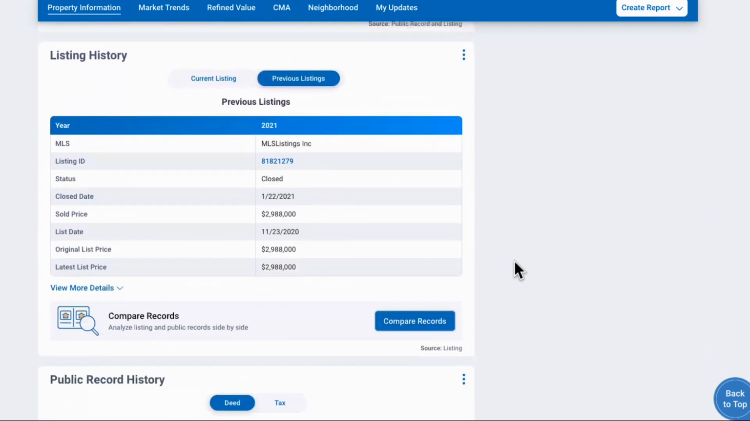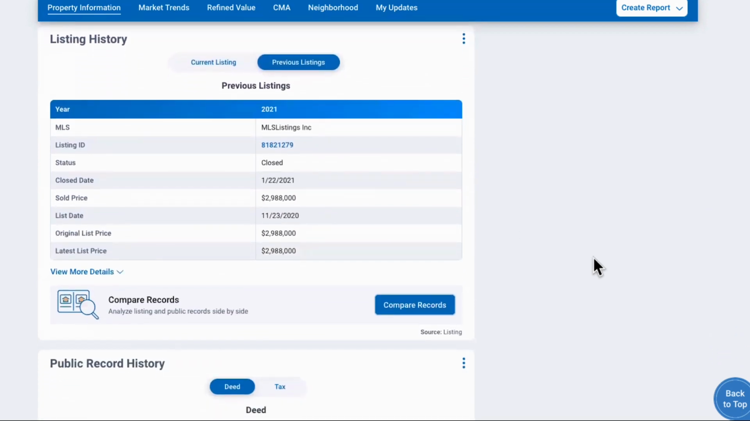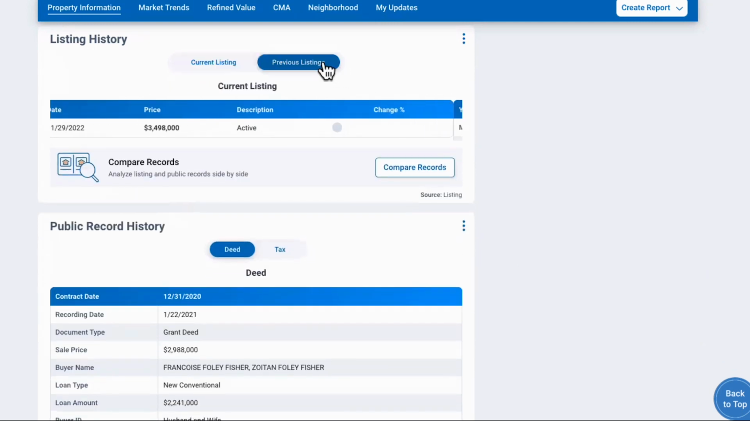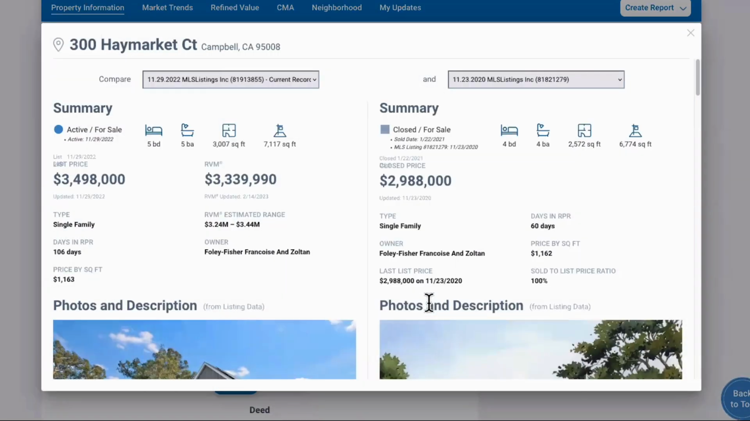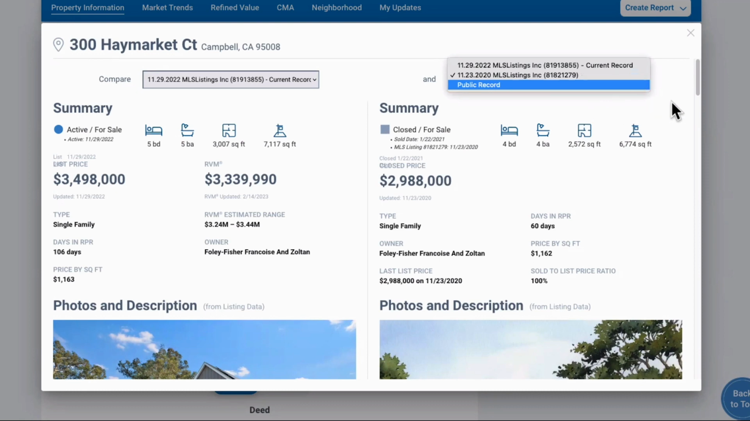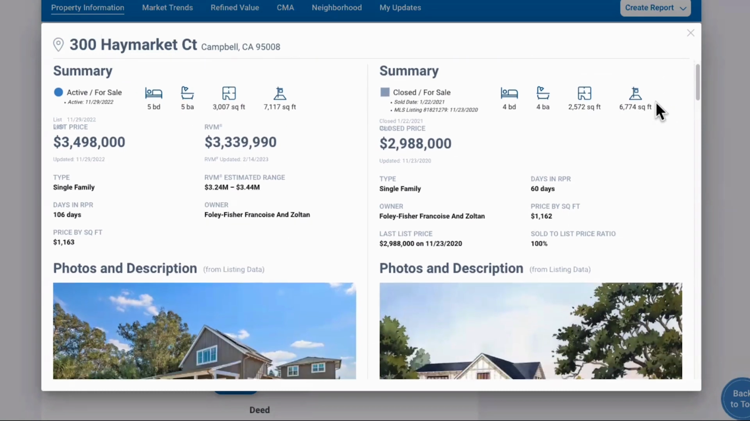Now, we talked about this during the last session a little bit, but this has proved to be such a positive feature that we really want to bring it back and remind you about this again. The listing history, we've combined everything on this one particular card here so that you can see both the current listing or the previous listing. And what's also nice is you'll see the compare records button right there. So whether there's one previous listing or several, you can then do a side-to-side comparison very easily of historic listing